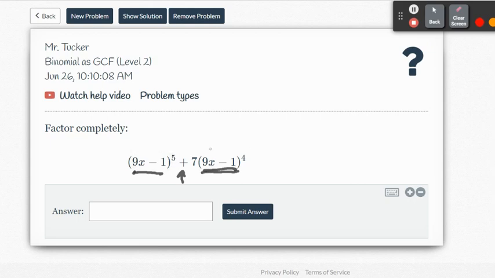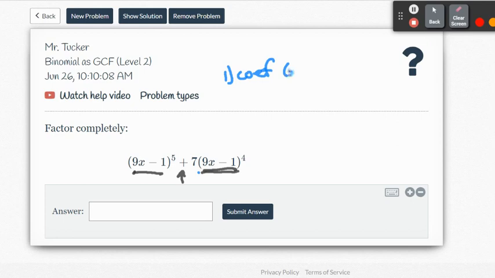Everything connected with multiplication is a term, and this 9x minus 1 to the 5th could be its own problem of multiplying it out, but that would be pretty terrible. Using the binomial expansion theorem, it would make it nicer, but we don't want to do that. We can just leave it here. Right now, we're trying to get more simplified rather than expanded. And so just like before, where we look for our coefficient